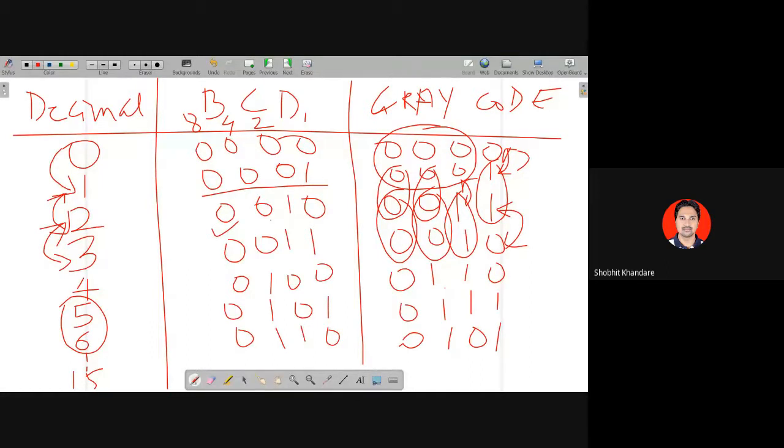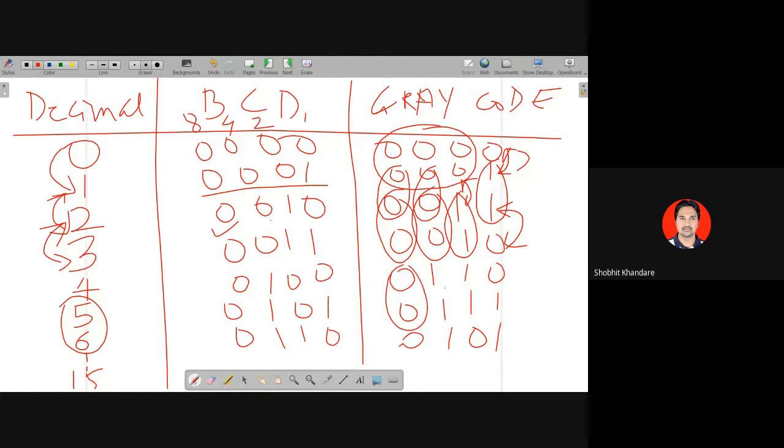You can take 2 and 3, you can take 3 and 4, you can take 11 and 12, you can take 13 and 14, 2 numbers which are consecutive. Okay, so if I'm taking 5 and 6, same thing, see here now, 5 and 6. If you see 5 and 6, see the three positions remain the same.